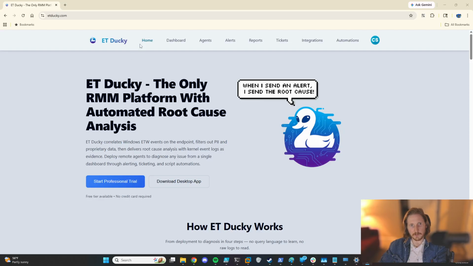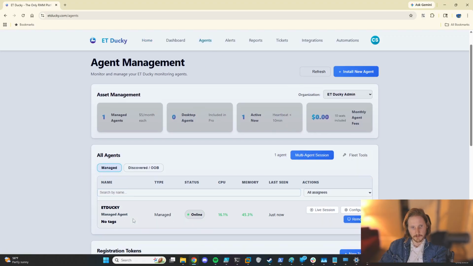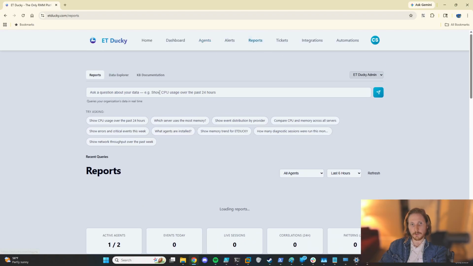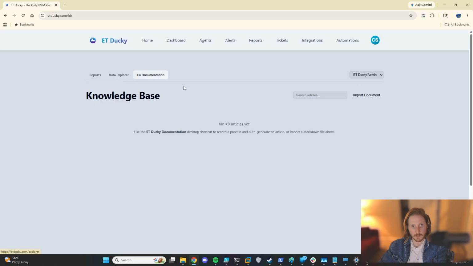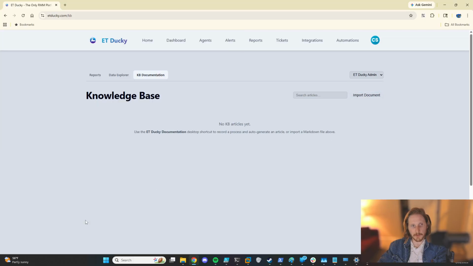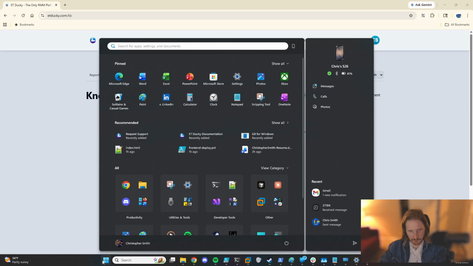I'm going to demo this new feature that I've added to Ducky for you. You can see here I've got an agent installed on this computer that I'm on. The new feature is automatic documentation. You can import documents if you already have some, but you can also go to an agent